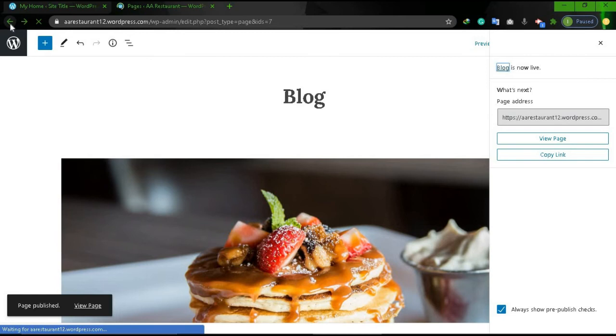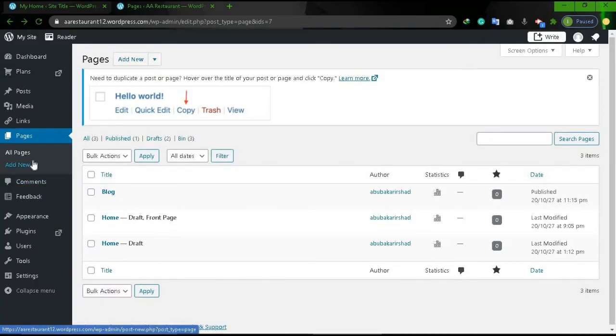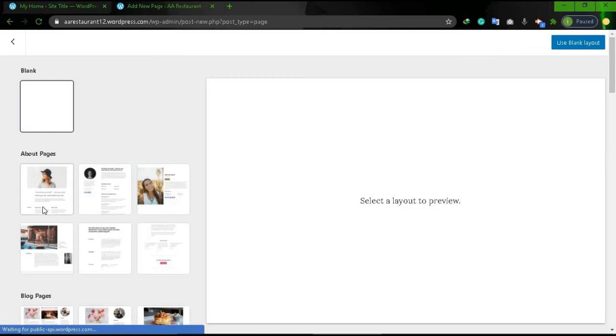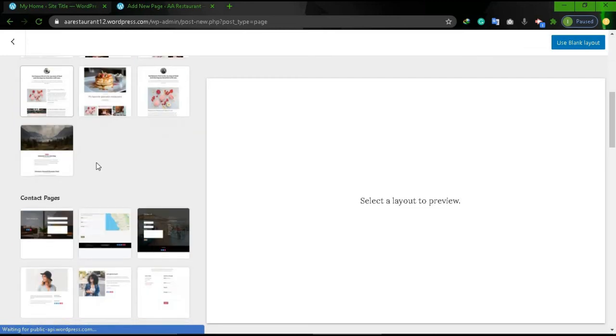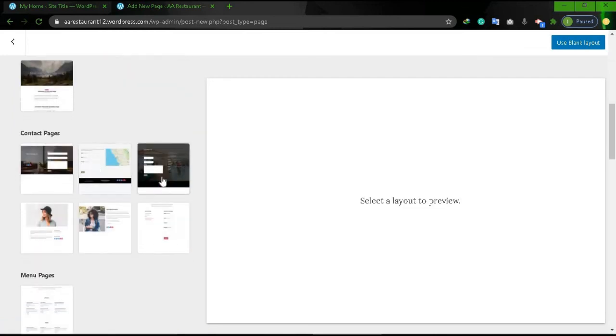Now back to the page menu, add new, and I want to add a contact page.